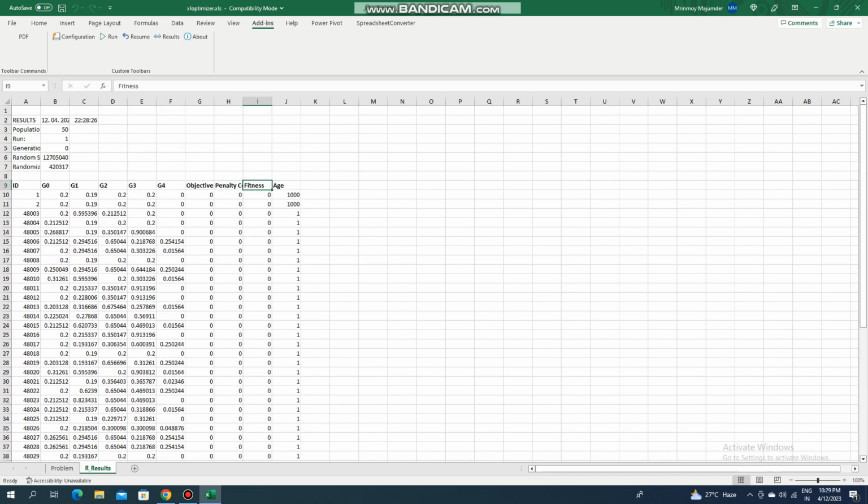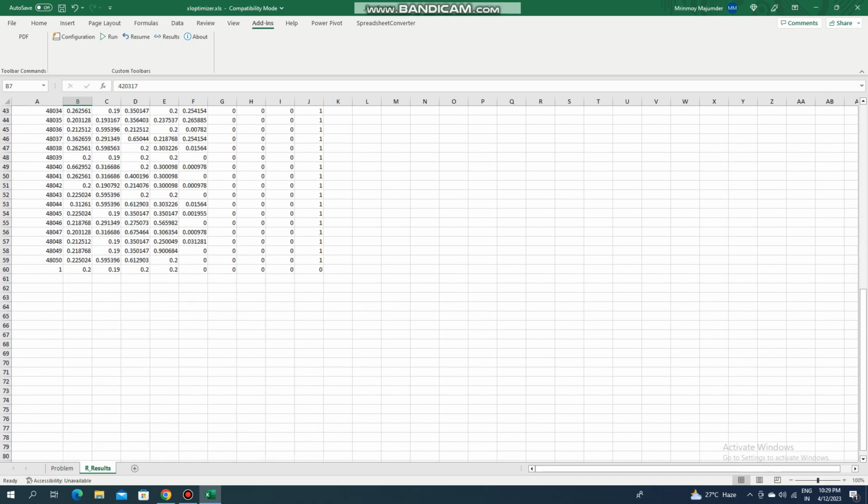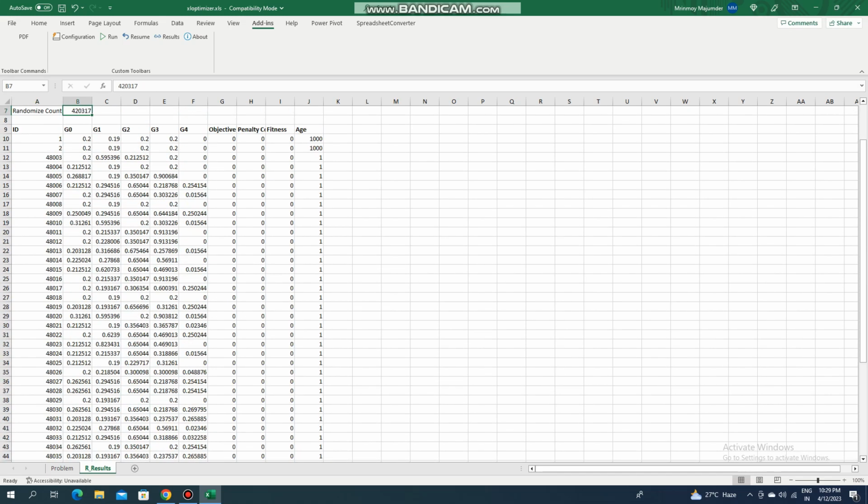The values of the fitness function, and age means how many number of iterations or generations are done at which the best value was identified. Okay. So this is the thing. So here you are seeing randomize, I have said. So this is the random point and count how many randomizations done here. So ultimately you will get the best value from